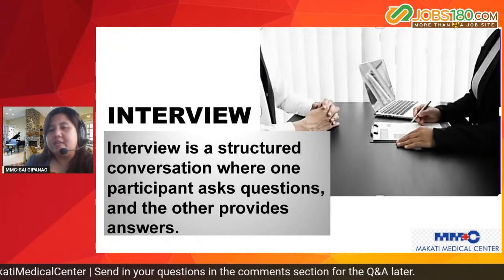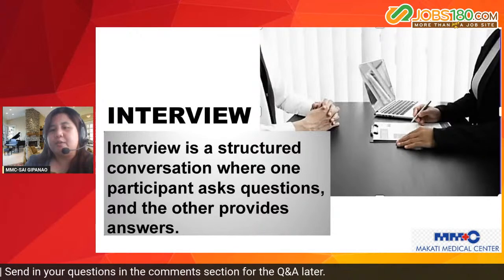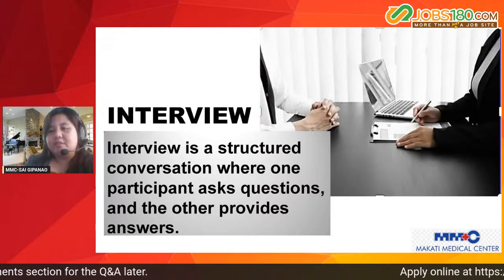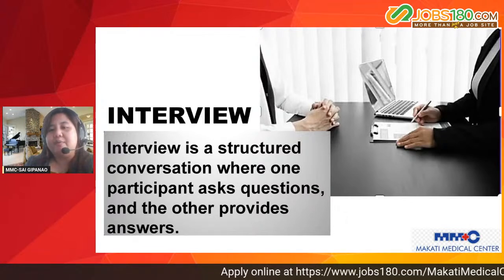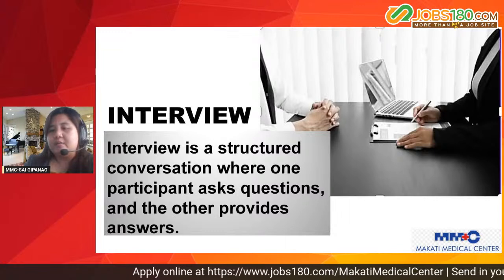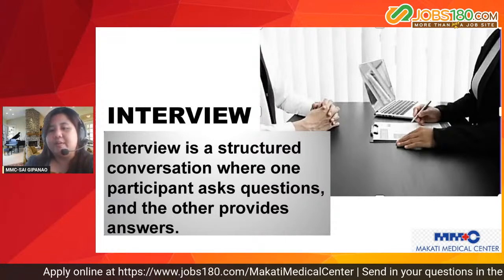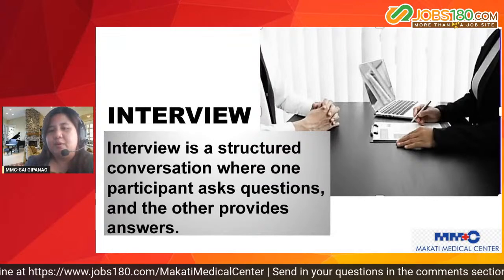So it is a part of recruitment process wherein the HR or the employers ask a question about you so that the employer can find out if you are the one that they are looking for or the perfect fit